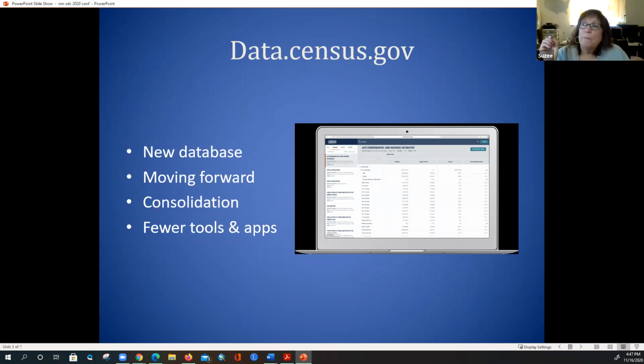But we're making it kind of like a mall. Now, these are just my analogies, but where you can actually go in and everything is there in one place. So you can shop around, get what you need. And so that's sort of the thought process behind Data.Census.gov, is that we want to move forward and we want to make it easier for the data user